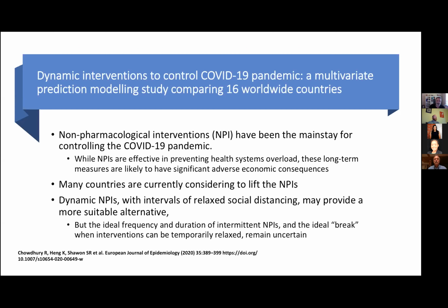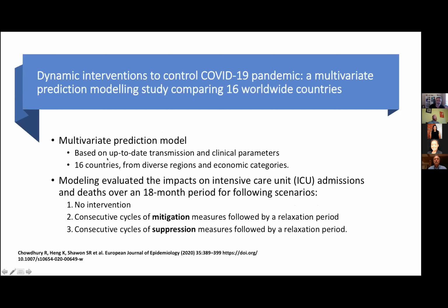But what is not known is what is the ideal frequency and duration of intermittent social relaxation, and what is the ideal break when interventions can be temporarily relaxed. So this is what they looked at. And they did a multivariate prediction model. It was very well done because they chose 16 countries. Those countries were classified into high, low, and medium economic